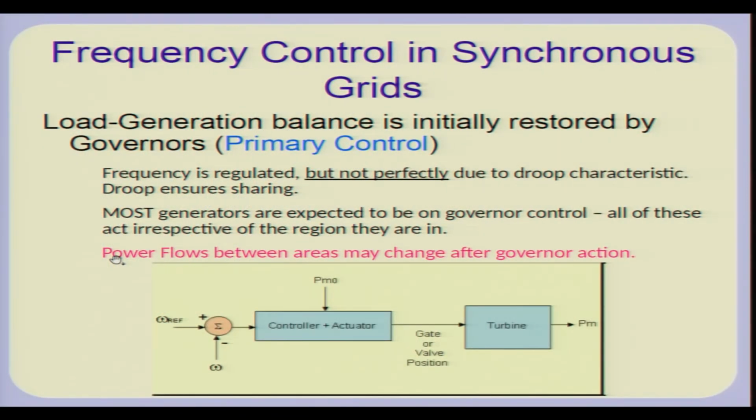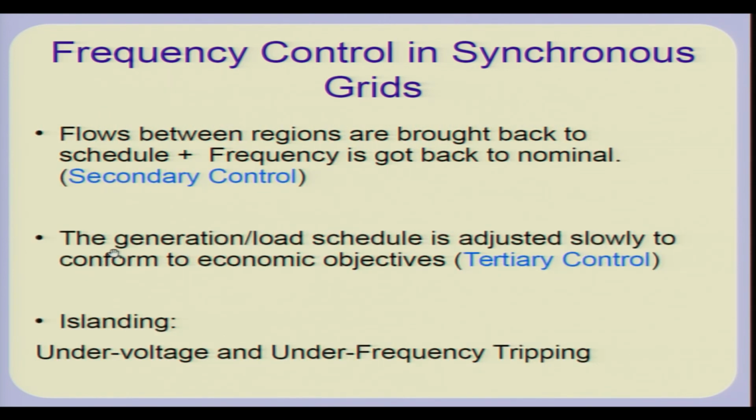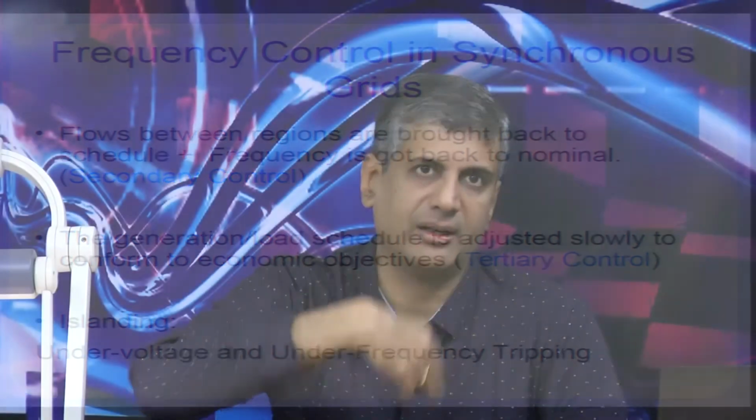Remember of course, that once all the generators which are on governor have increased or decreased their power depending on the frequency, the power flows in the areas may change after governing action, and if you wish to restore the power flow between different regions, then you can actually use some kind of secondary control, which could be manually done, or you could have what is known as a feedback controller from the tie lines, AC tie lines, and restore